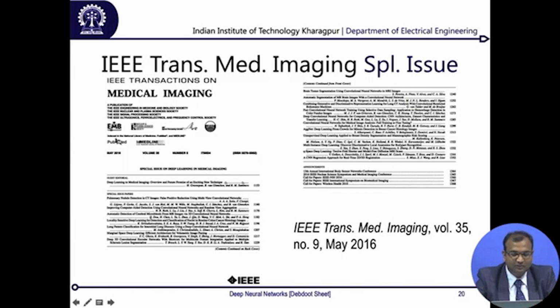There was an IEEE Transactions on Medical Imaging special issue which came out in May 2016, all on deep neural networks. It had papers where deep neural networks were being used to solve medical image analysis problems in total, ranging from microscopy to MR to brain to histologies to robotic surgeries, everything. So it's a good collection of papers which I would definitely add as a pointer for you to go through, if you are trying to make sense of where and how people have been using these kinds of techniques in